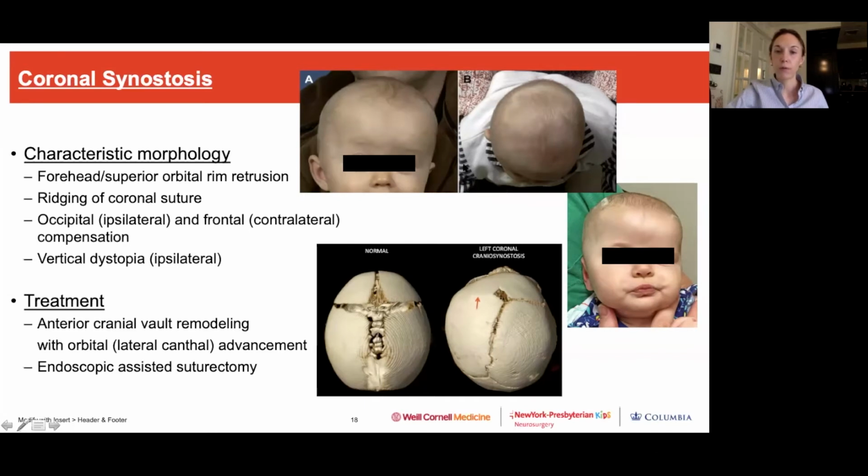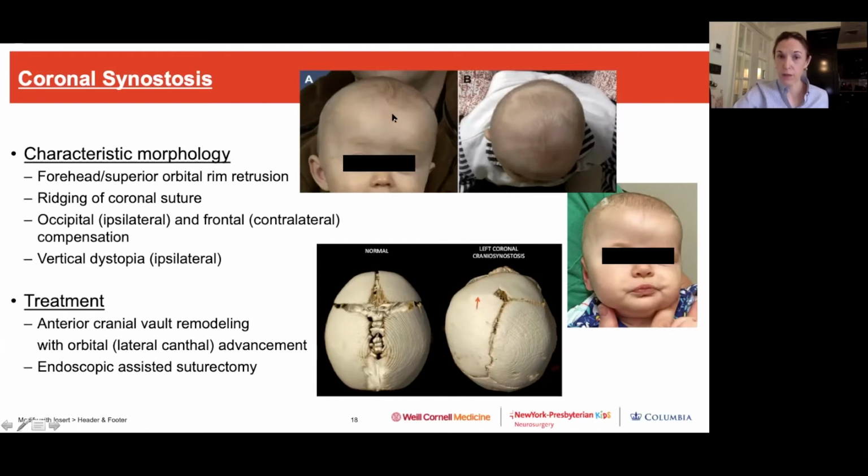Here's another example, front on and top down. Same surgical options here. Anterior cranial vault remodeling versus endoscopic assisted sutrectomy. Now, you have to take into consideration not just age with coronal synostosis, but how bad is their orbital asymmetry when they present. And we'll go over why when I show you what the surgical approach is, but an open